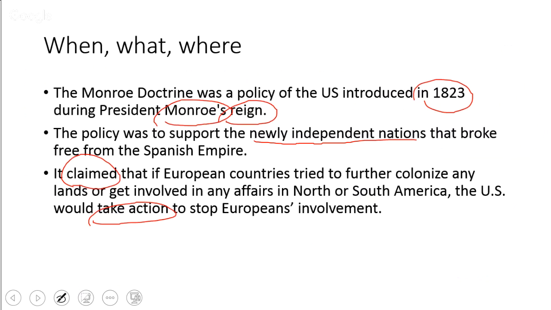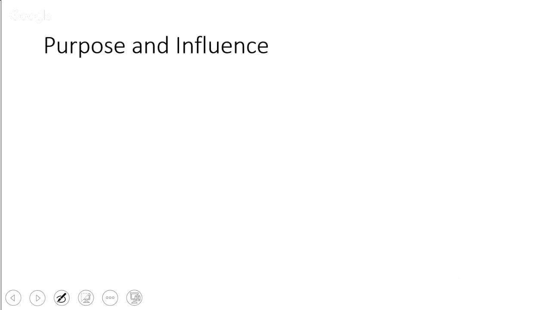Even if the US was not really strong enough, at least I think President Monroe was really doing a good job, okay? He kind of made an announcement saying, yo, Europeans, stay in your land, all right? Don't come to North America or South America. Don't. Otherwise, I'm going to teach you a lesson.